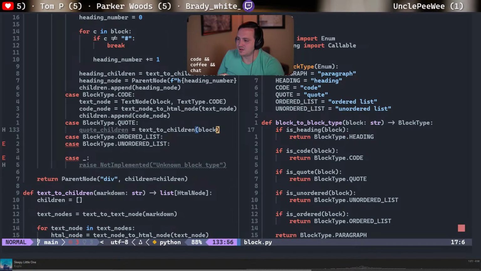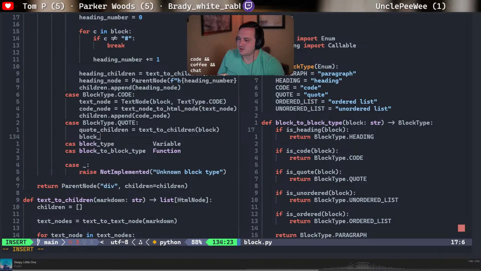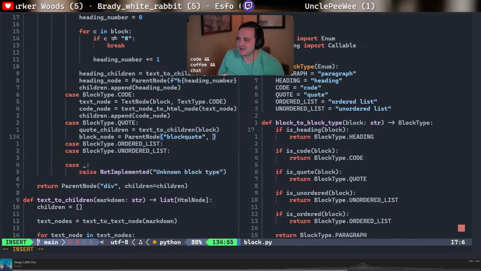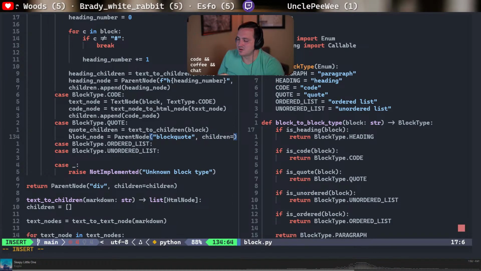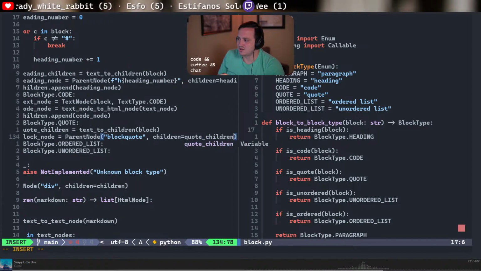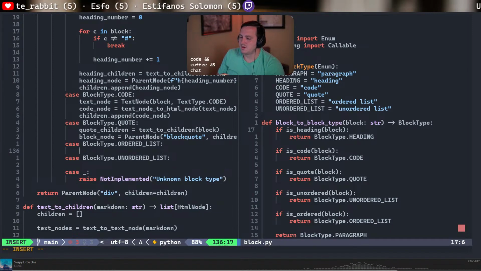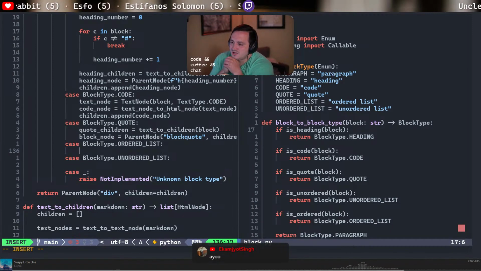So this will be quote children. This will be our block node, which will equal parent node, which will be a block quote tag, and then we have our children, which will be quote children, like that. And then our ordered list is kind of interesting because we actually have to